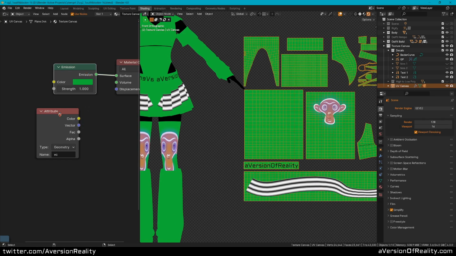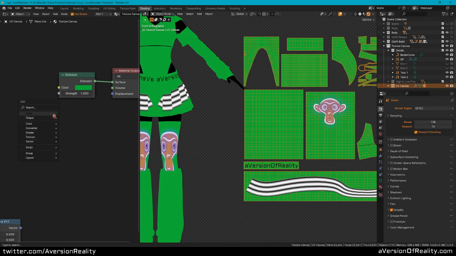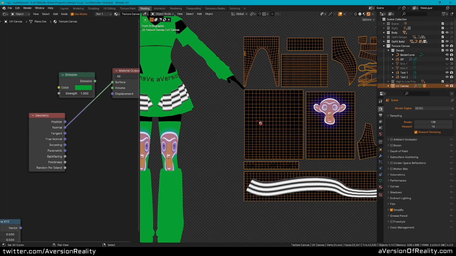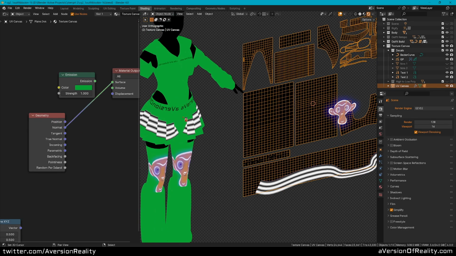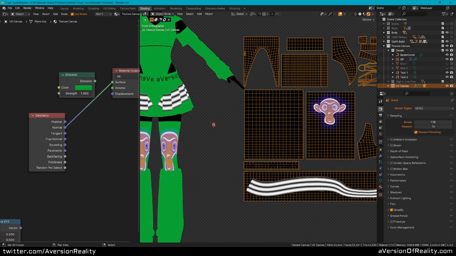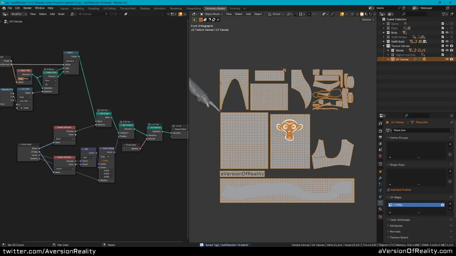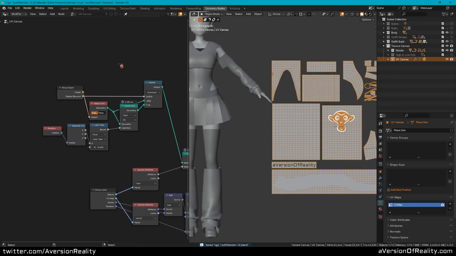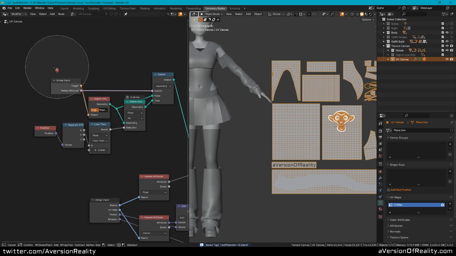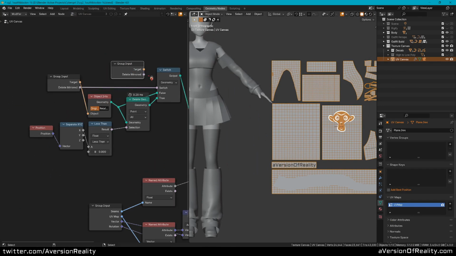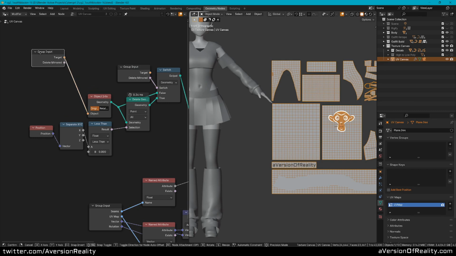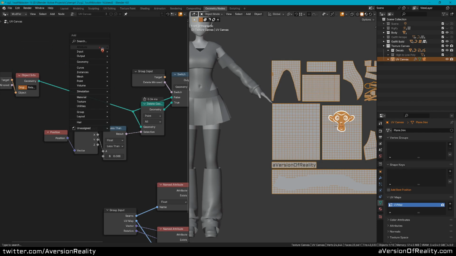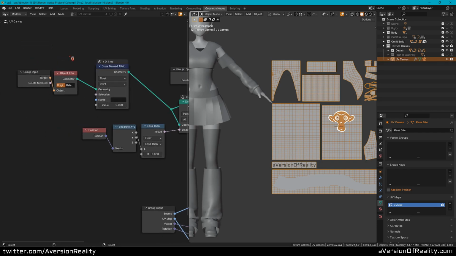Now, what about something like if we wanted to render shading or normals? If we get the Geometry node and get our normals here, well, this is giving us the normals of this mesh, not of this mesh. So we can't bake those easily, but we can still get them. We can get anything that we have access to in geometry nodes. So all we're going to do here is, all the way at the start, before we delete anything, well, it could be before or after, depending on what you want to do, but all the way at the beginning, we will get a Store Named Attribute node.